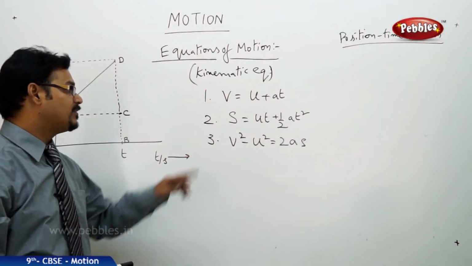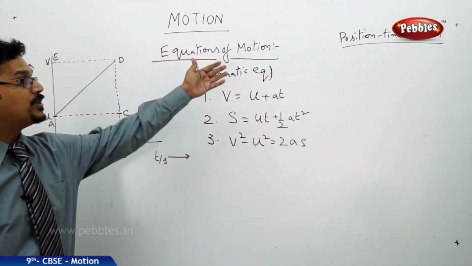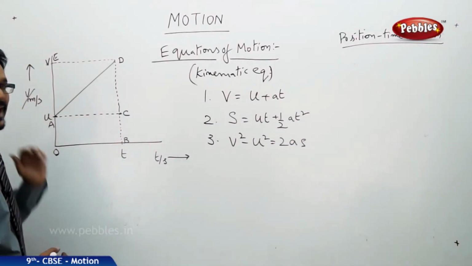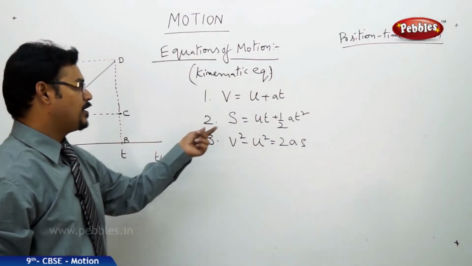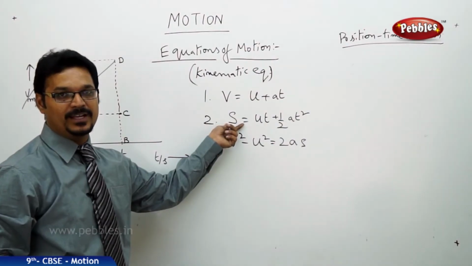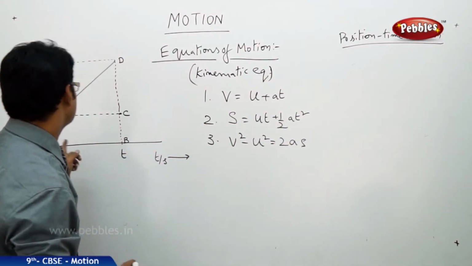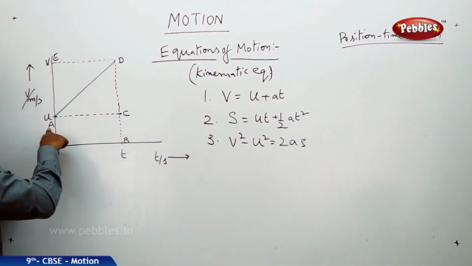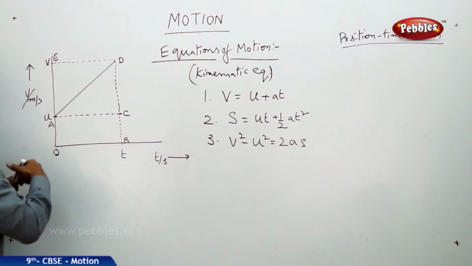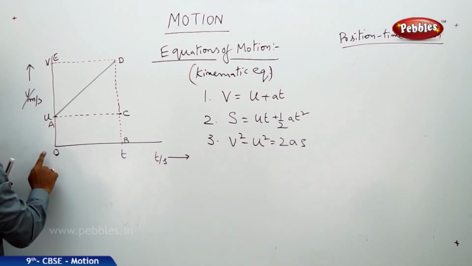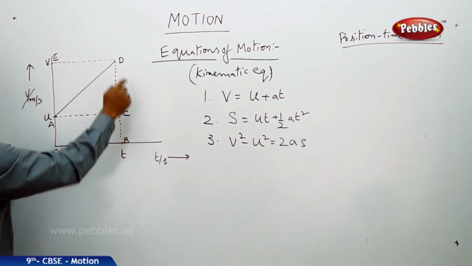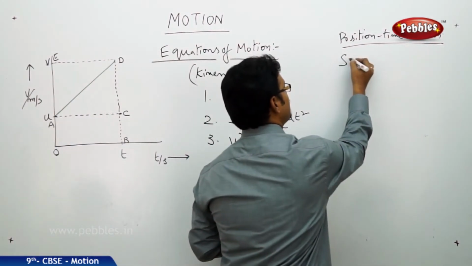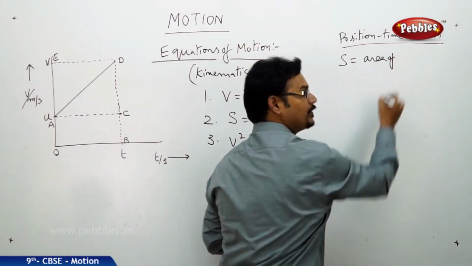Now we need to derive the second one. It is called the position-time relation. Take the same graph. If you want to find distance traveled, I told you earlier that you need to use the area of the VT graph. The graph starts here and ends here. The area of the graph is the whole thing, A, O, B, C, D. That's the entire area. So S equals the area of